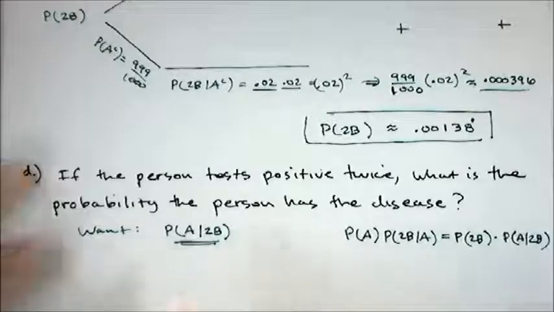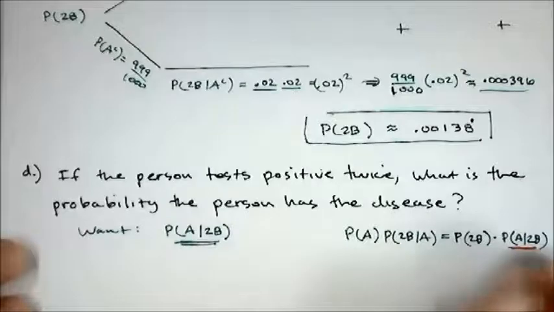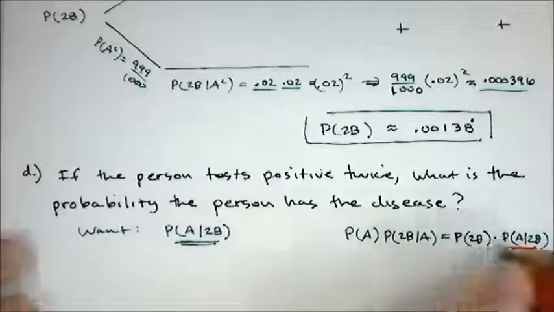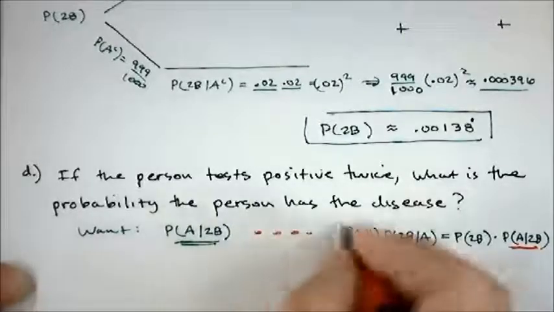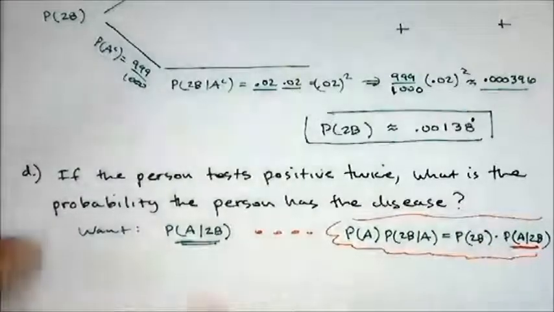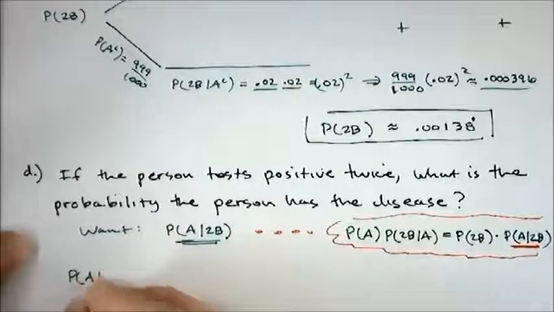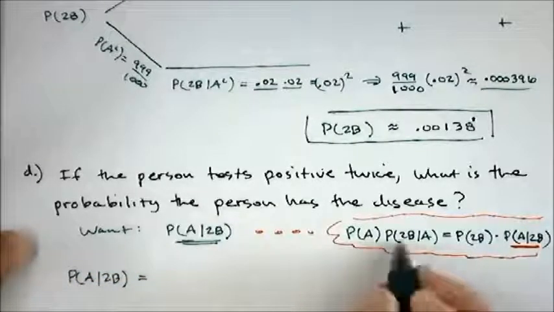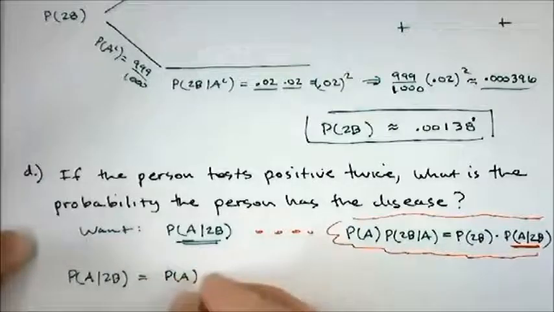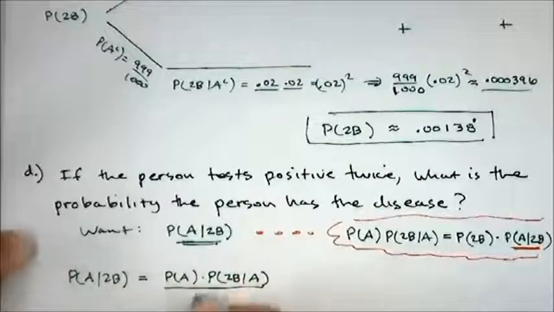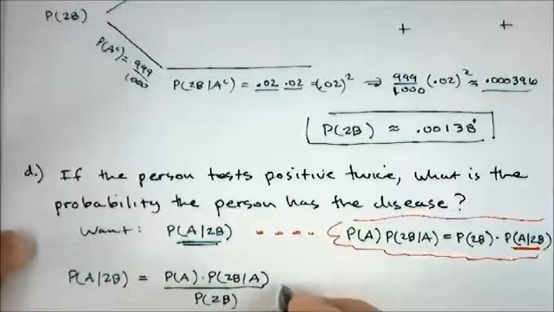And so the probability we're looking for here is now this one right here. This is what we're looking for. So I can isolate it by just taking this and dividing by the probability of 2b. So I would be thinking about this. And now I'm going to solve for that. So the probability that they have the disease, given that they've tested positive twice, would be this divided by the probability of 2b, which is,